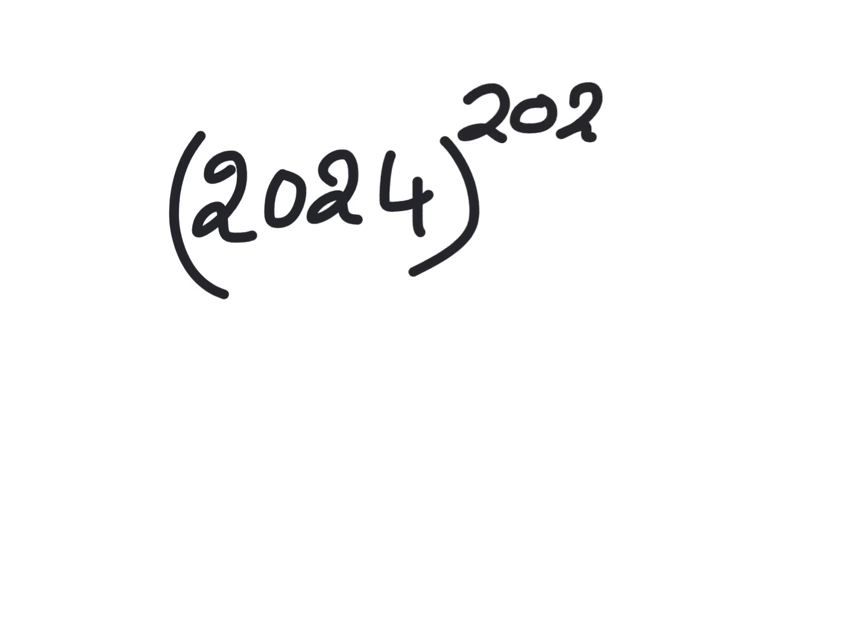One more example, 2024 to the power of 2025. Here the unit digit is 4. Here the power is an odd number. Then we'll get in the unit digit of